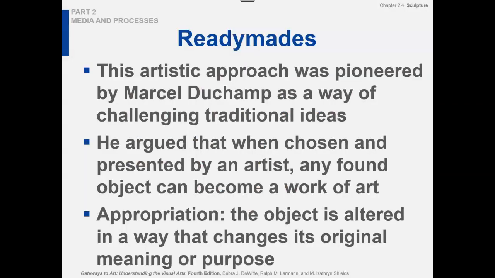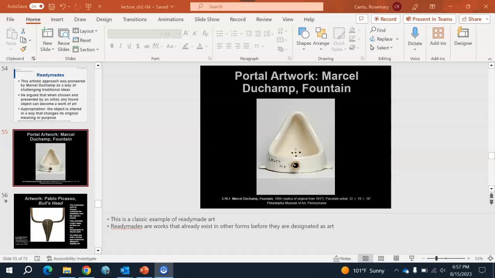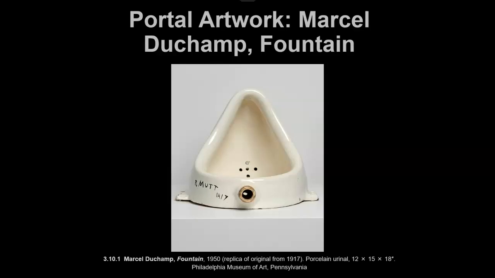A ready-made is when an artist will take something that is already made and then change it up and call it art, right? Marcel Duchamp was one of those artists that was the pioneer of this. He was the one that started this idea and started challenging us to think about these traditional ideas, the traditional sculpture. So he believed that you could take any object and then once it's introduced to you by the artist, it